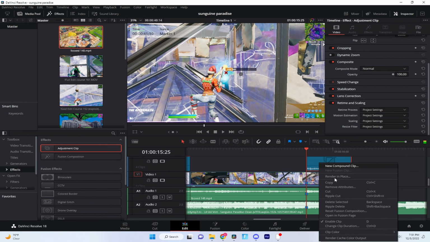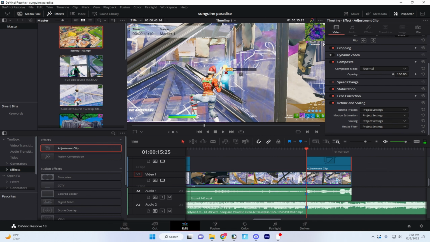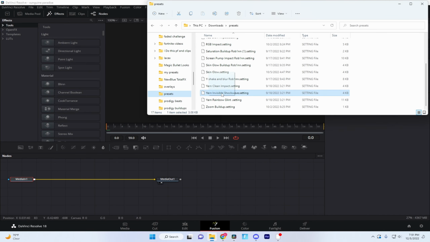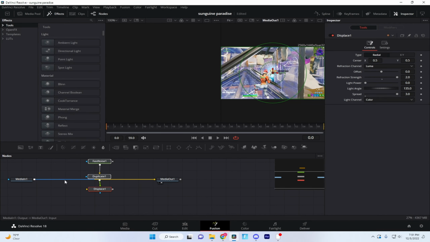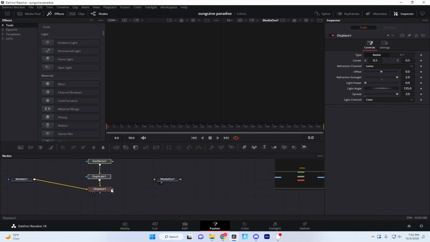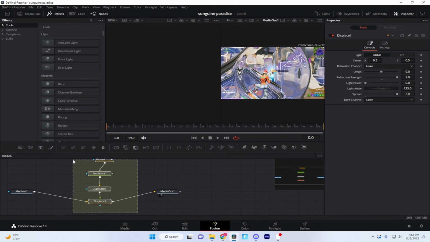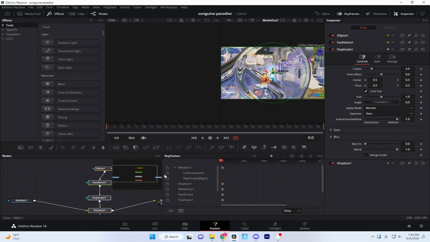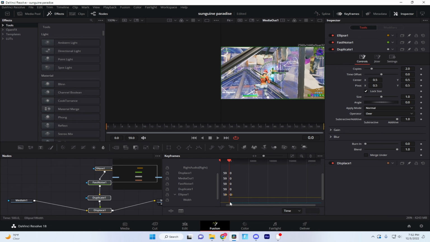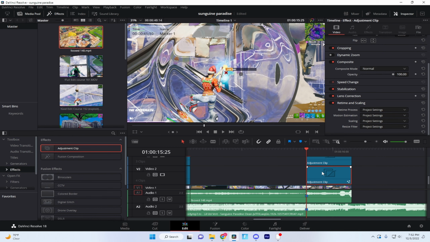Go to the very start, click on the first one, open a Fusion page, add in the invisible shockwave, and just like this, redo the keyframes. Just like this. Do that, and then